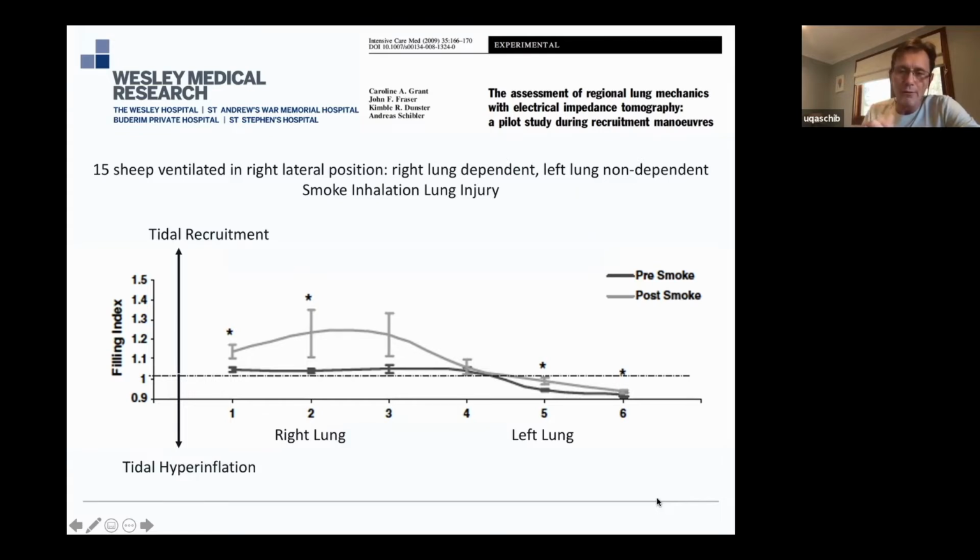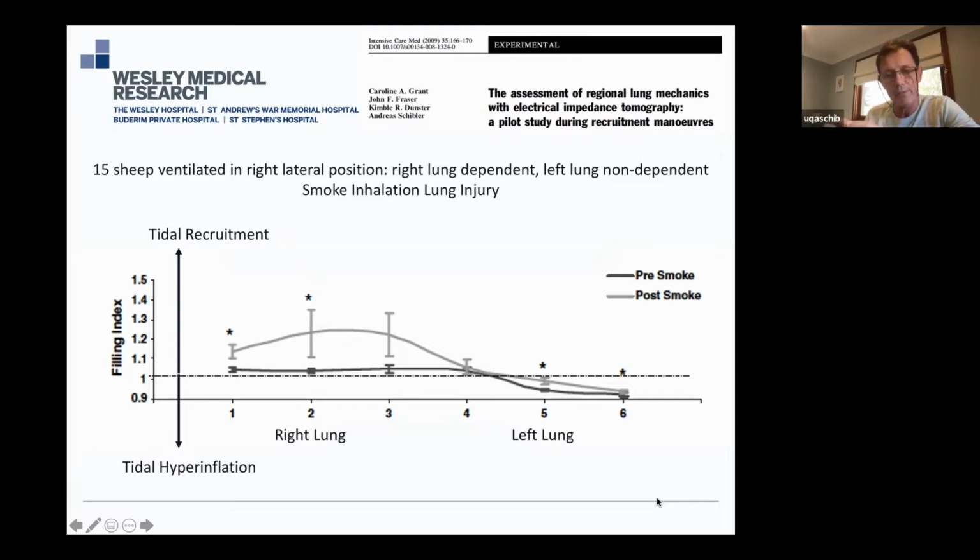And if the filling index is less than 1, there's so-called hyperinflation occurring. So the lung is open, but needs a little more lung volume, and we call that hyperinflation. You can see that in a healthy lung in lateral position, the dependent lung is experiencing tidal recruitment. The non-dependent upper lung is experiencing